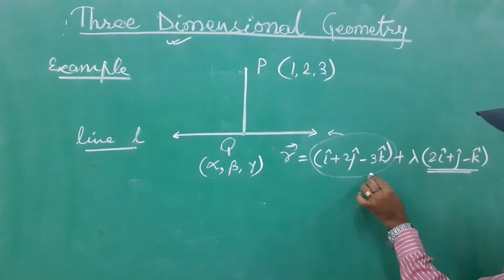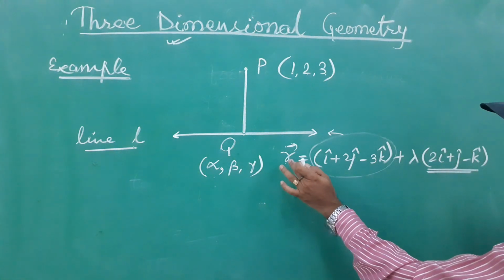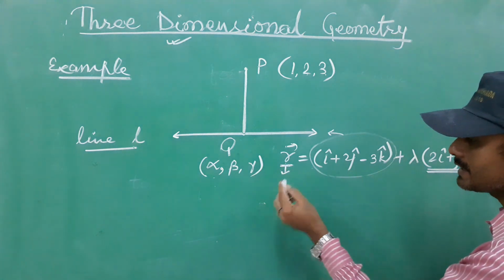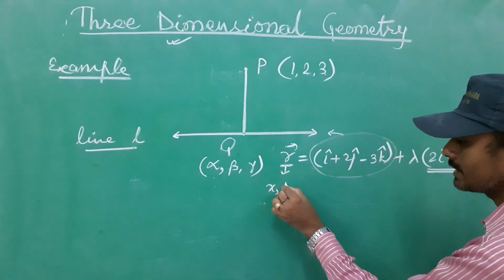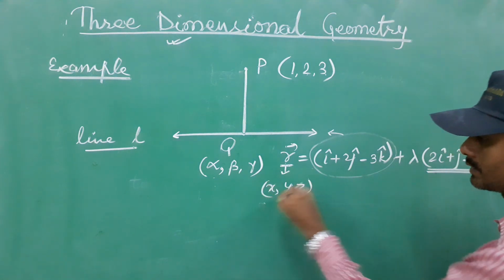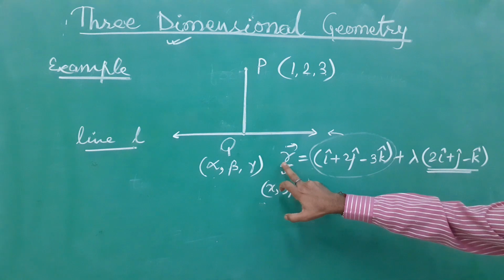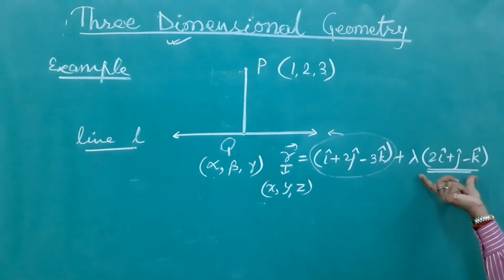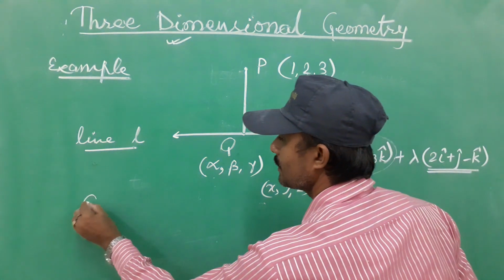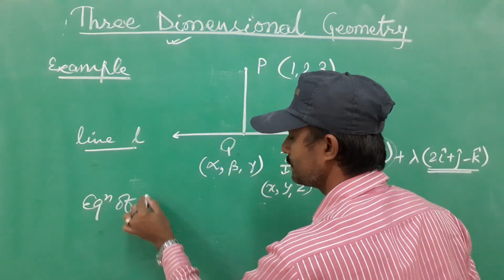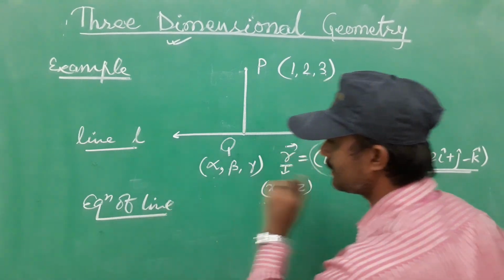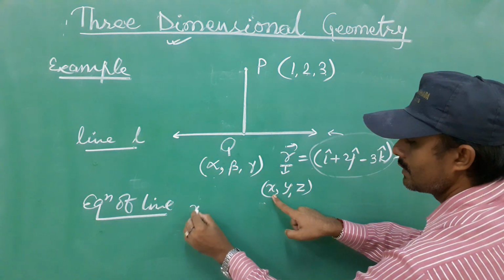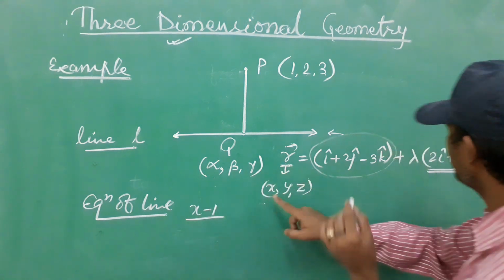The equation of line is given here, and in Cartesian form the same equation can be written with r as x, y, z. This is a variable point. So the equation of line is x i, y j, z k, and the rest of the things will be the same. So here is the given line: x minus 1 by 2,